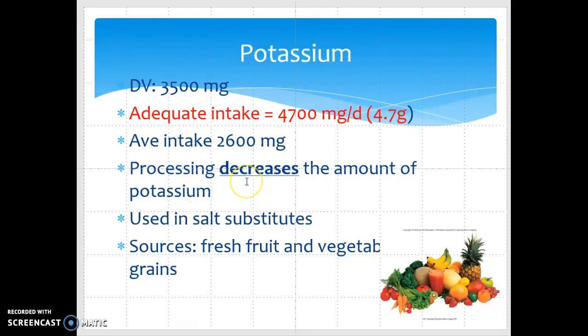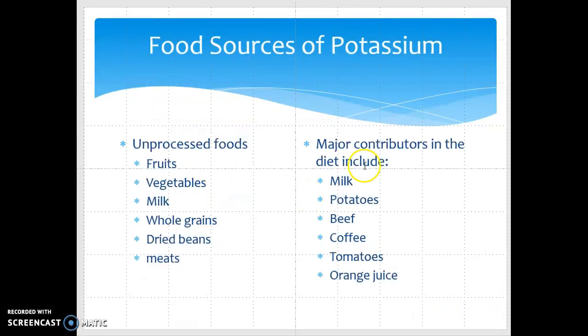So we need to try to include a lot of fruits and vegetables. That's the main source of potassium. And by processing food, we're decreasing our potassium. So again, processed foods are high sodium, low potassium, exactly what we don't want. So we need to eat a lot of foods that are unprocessed: dry beans, meats, whole grains. I mean, just basically all the foods you would see on the outskirts of a grocery store. If you stay away from the middle aisles of the grocery store, you'll be eating the foods that are high